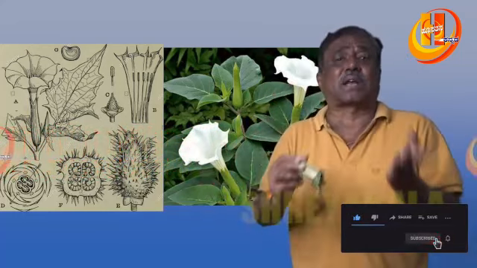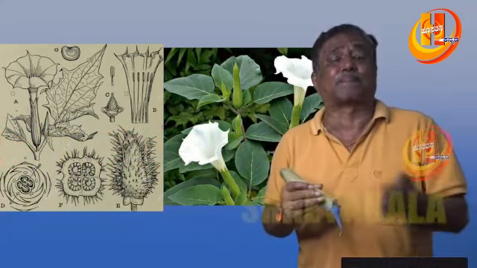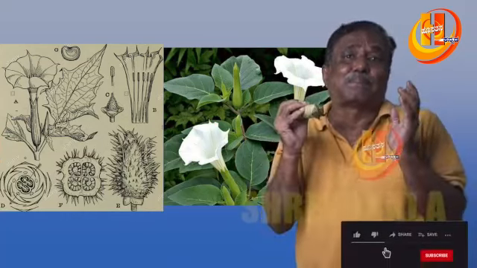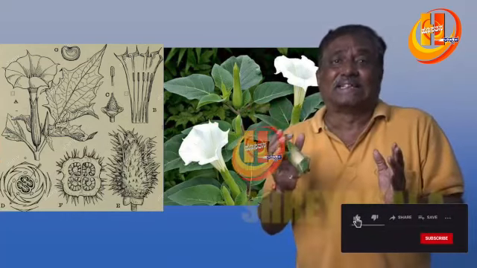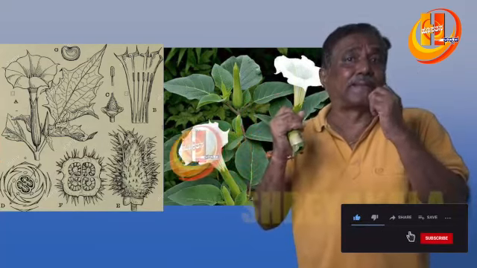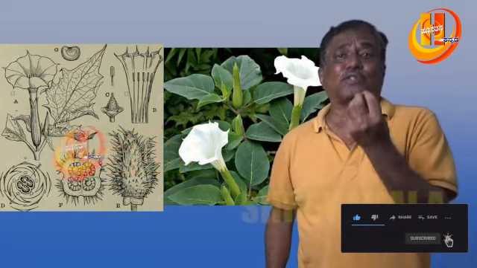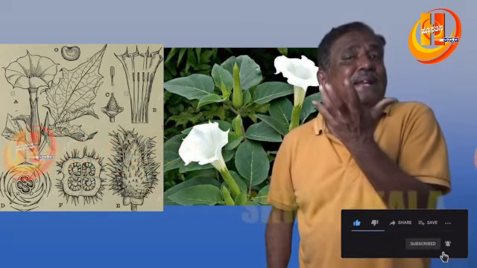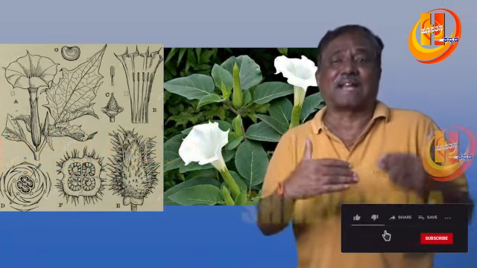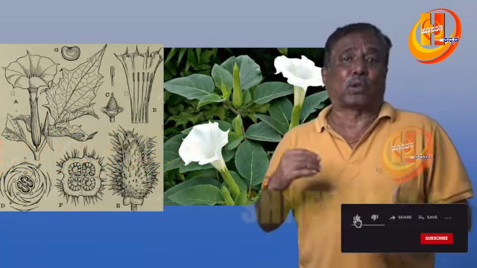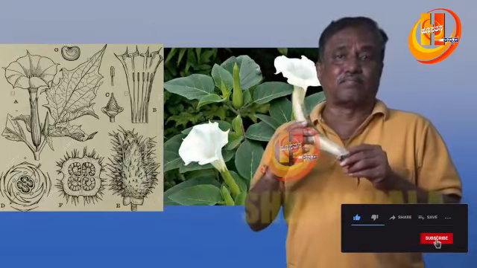That means the stamens are again above the petals. And gynoecium, bicarpellary, syncarpous, superior ovary, axile placentation, obliquely placed ovary, and the fruit is a capsule. Capsule means a dry dehiscent fruit which breaks open at maturity at many sites. And seeds are endospermic. The other plants of economic importance, Solanum melongena is brinjal.